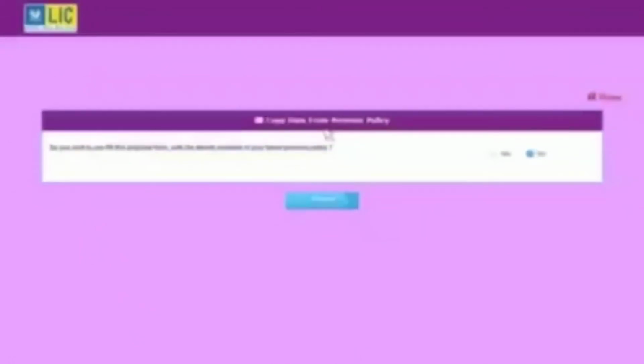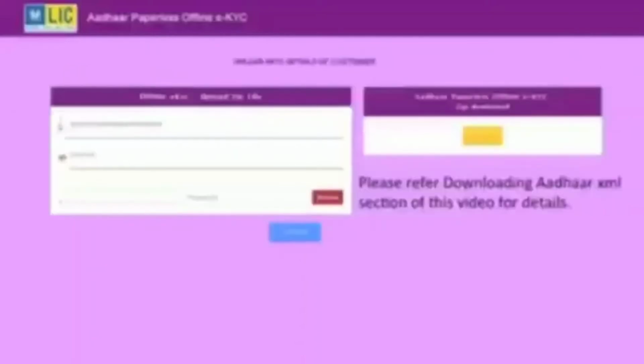If no previous policy was completed under this module, then select No and click on Proceed. The general instructions for downloading XML file and completing the process of eKYC is given in this screen. Now click on Proceed. Here you need to key in customer's mobile number which is linked to Aadhaar and enter